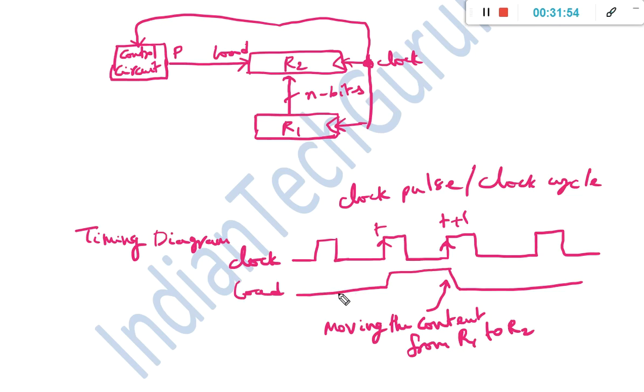We can control the operation using a control signal. What is the control signal here? P is the control signal. In addition to the control signal, there will be clock pulses also. Every operation in a computer system is performed in a single clock pulse. Sometimes more than one operation can also be performed in parallel in a single clock cycle. Like this we perform the basic data transfer from one register to another register.